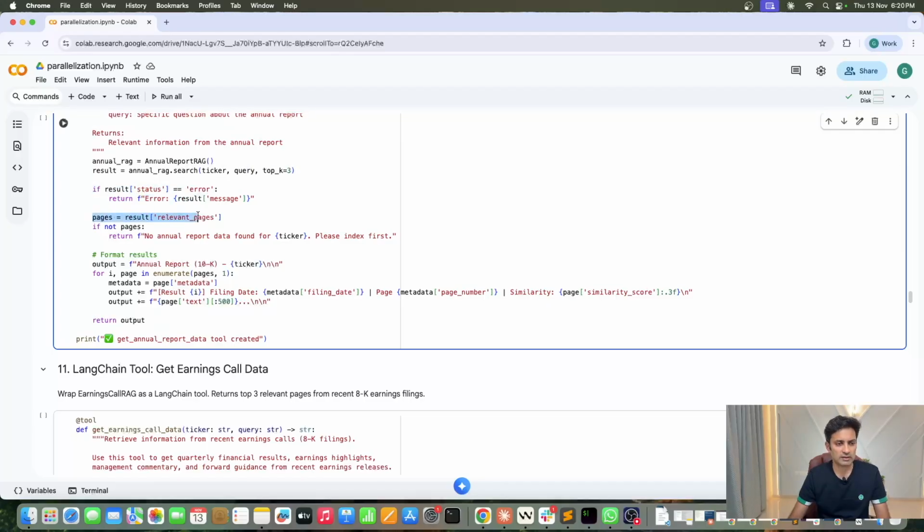Otherwise, relevant pages are extracted and we have the pages, and from the pages I will build the output. So that's what we are building. The output is annual report this, and then I'll read the pages and put in the output. Here is the filing date, metadata, and then here's the text. But here I'm only printing 500 characters. This is just to reduce the amount of data which is going to the model. So what I can do is I can probably